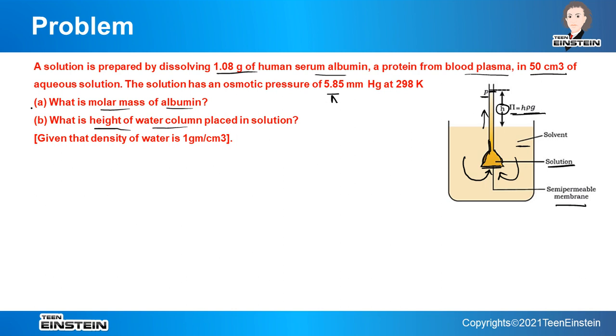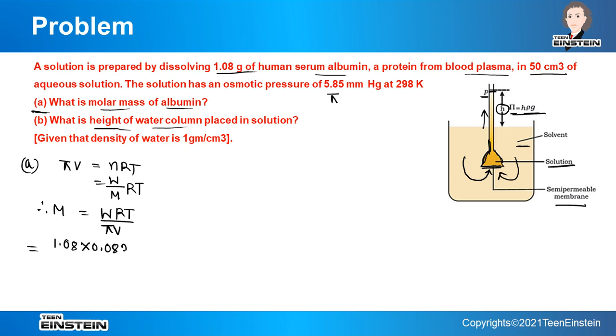Now for the first one, question number A, we will use the equation pi V equals W by M, that is the number of moles, nRT. We can also write it as W by M times RT. So it will be M equals W RT by pi V. Now W is given, that is the weight of the serum albumin, 1.08, R is